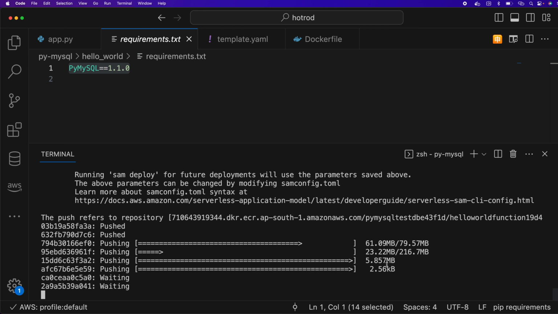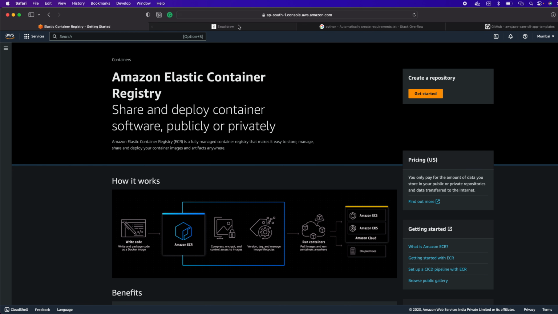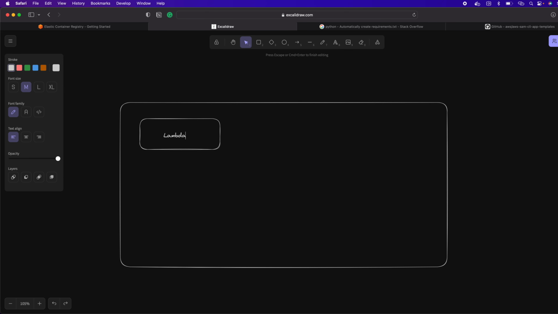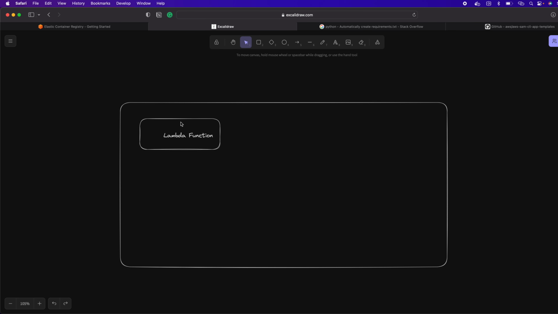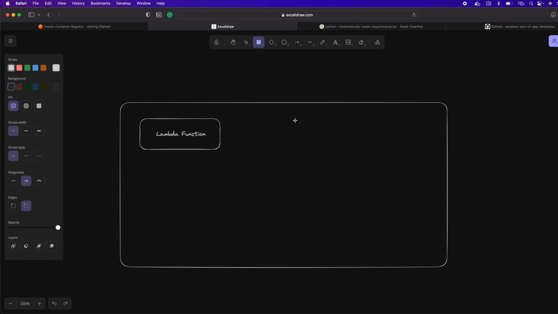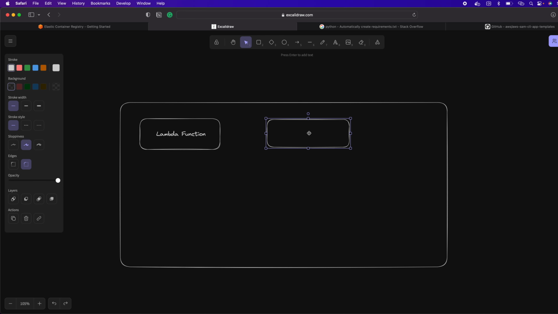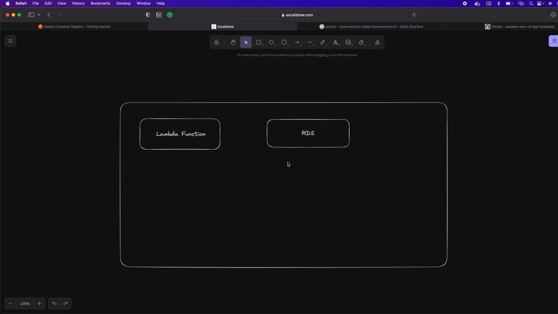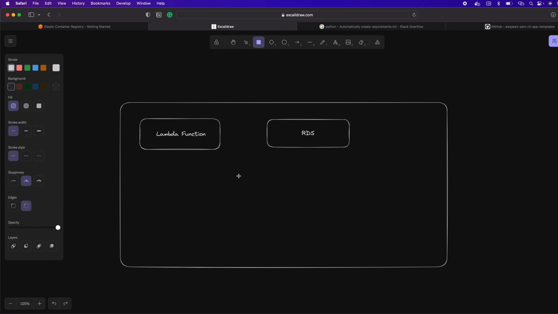So for the first time it will take time, so till then I'll walk you through what we are going to create. The first thing we are going to create is a lambda function, which is a serverless function. Okay, and that lambda function is going to connect with your MySQL, which is an RDS, which can be anything like Postgres or MySQL or any other. Okay, and now we have